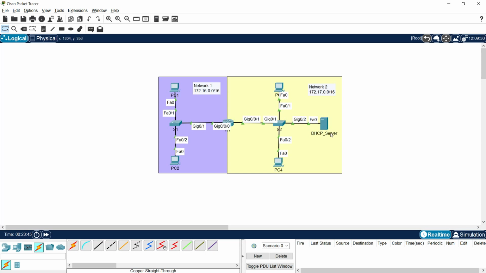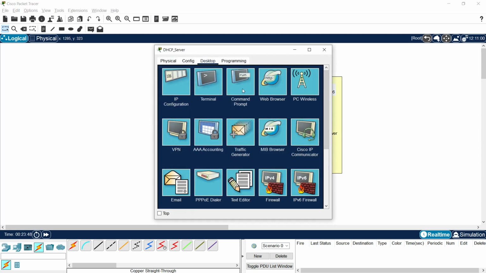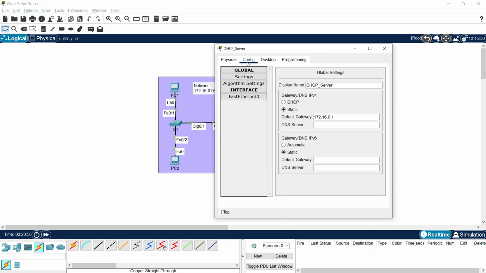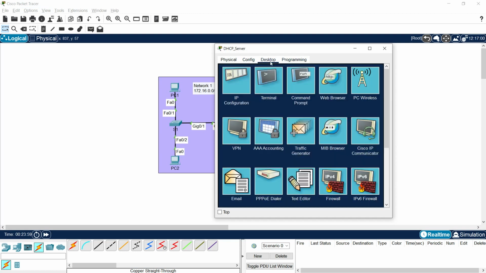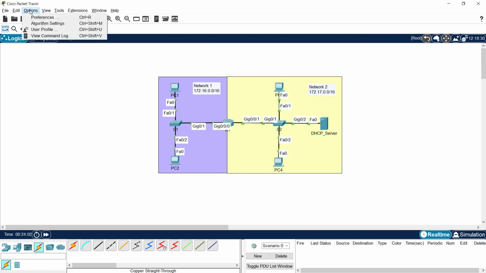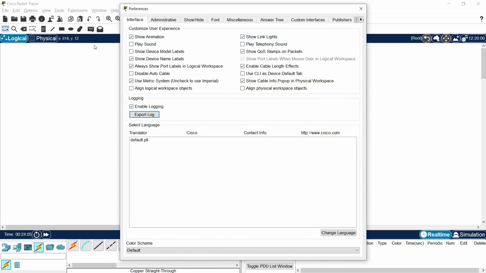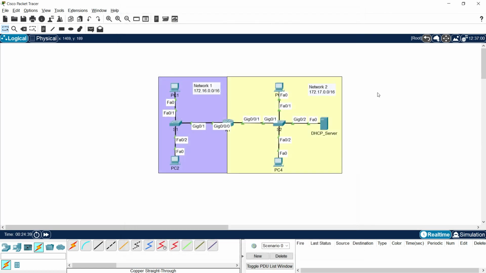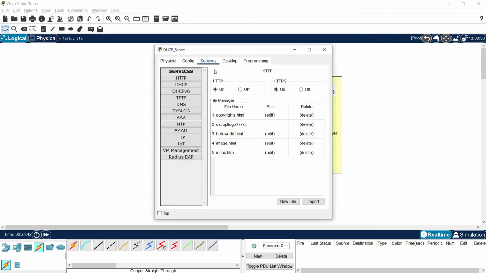We have to configure a DHCP service. So here we cannot see that services tab. We can enable the services tab from the options menu. Here we can see only config, desktop, and programming, right? So here we will go to options, preferences, and here we can see many tabs and show or hide. And here we can see hide services tab. So we'll remove this tick here. Okay, now close it and come back to DHCP server, and we can see services, and there are different services